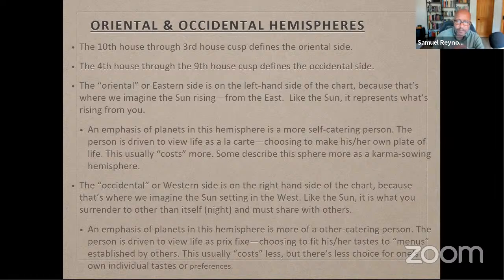Now, what this means concretely, in understanding just the rubric of your chart and these divisions by houses, excuse me, related to hemispheres, is that if you're more Oriental or Eastern side of the chart, again, I'm anticipating the PC sensibility because I've seen it before. When I say Oriental, it has nothing to do with people. Just to be clear, it's literally the classical notion of East.